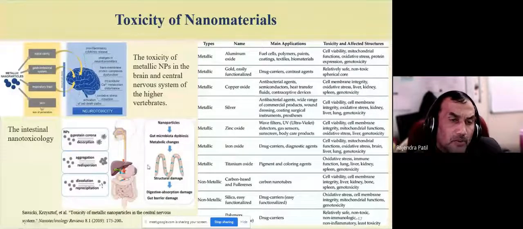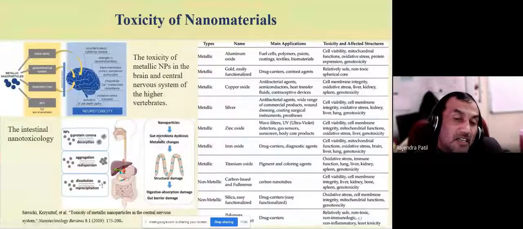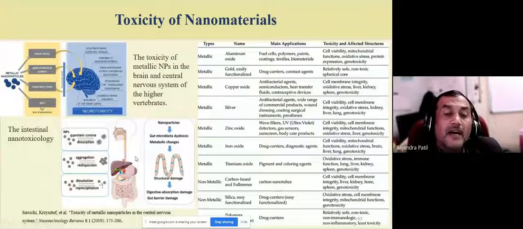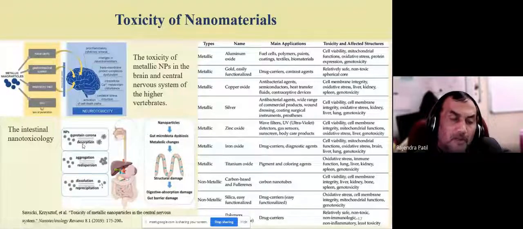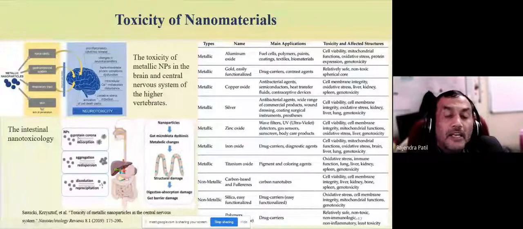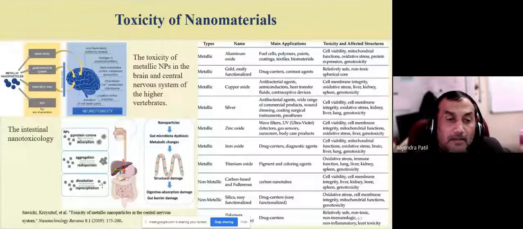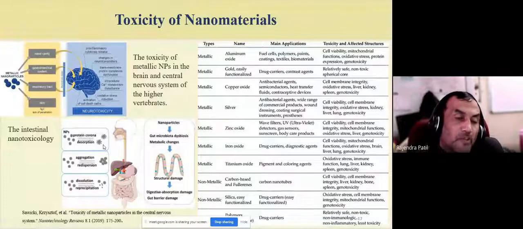And what are these cytotoxic effects? See, the main application of the nanomaterial, they are given orally, is that they tend to disturb the microbial flora of the intestine. And when the microbial intestinal flora is disturbed, the entire body balance gets disturbed, and this is not good. Some nanomaterial tend to aggregate some protein content, and when some nanomaterial tend to acquire cellular proteins on them, they do not function. In fact, some nanomaterial tend to